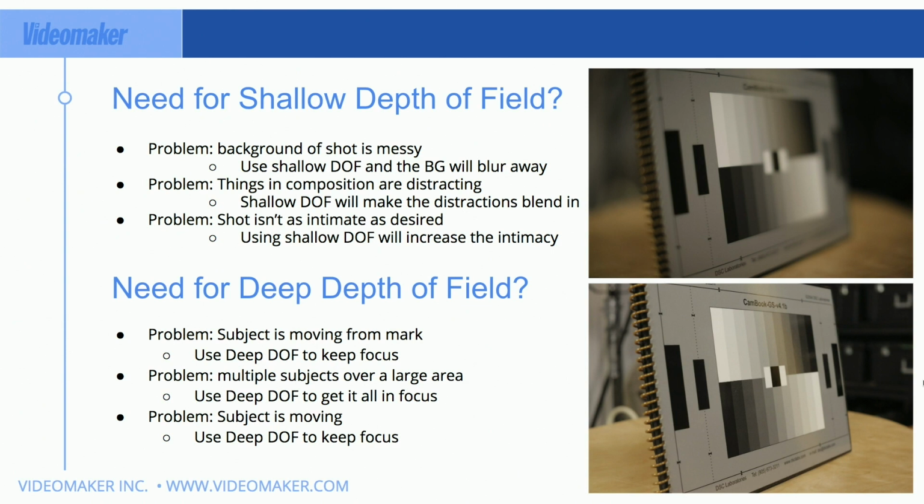If you're having to track them, maybe you're going to have a little bit deeper depth of field, so it's easier to do. This is a good trick if you're using a gimbal and you're following someone. If you're using a really shallow depth of field, it's going to be hard to keep them in focus. So maybe open up and make sure your depth of field is deeper, so that no matter what the pull and push of the subject and the camera are, you're able to keep your subject in focus.